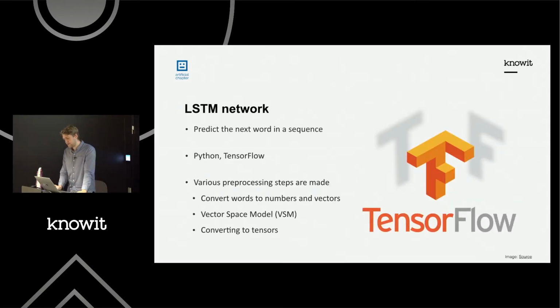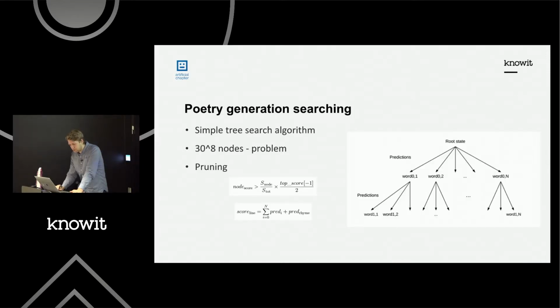Yes. So the training of the LSTM network. The LSTM network is used to predict the next word in the poem. I used Python and TensorFlow. A lot of pre-processing steps still need to be made. Even after the pre-processing that I did earlier, you still need to do more. You need to do all of the ones mentioned here. I'm not going to go into it here in detail. And so now you have the rhyming words, and you have the related words.